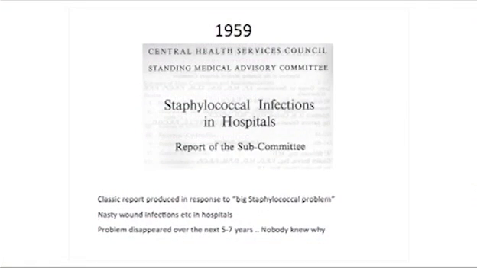Okay, so we go back to these little pedigrees that come along and bother you. In the 1950s, they closed hospitals in the UK, in the United States, in Canada, and all around the world because of Staph aureus problems. They had a hospital Staph aureus, and it wasn't quite a royal commission, but it was nearly a royal commission to investigate this, because you had a big staphylococcal problem, you had terrible infections, the country got very upset, and then forgot about it. So we went through that experience.